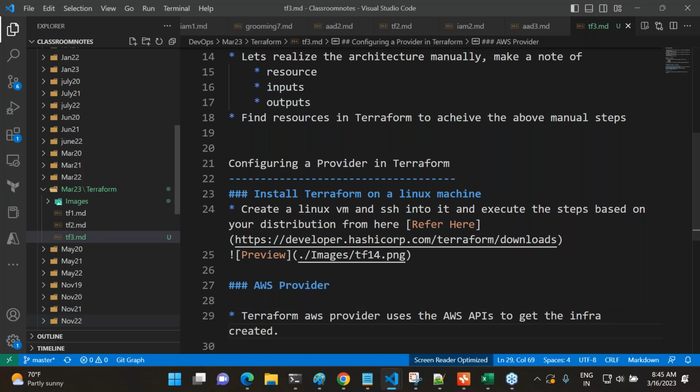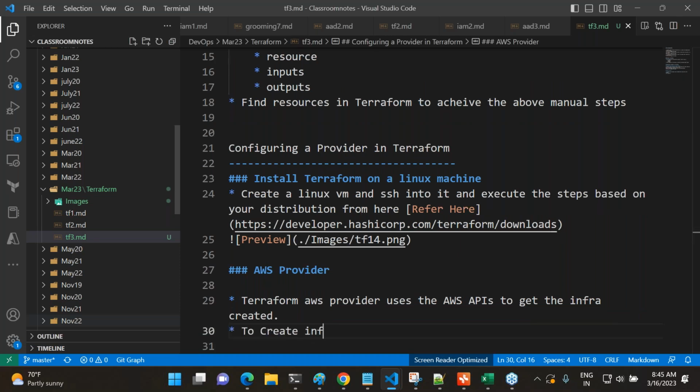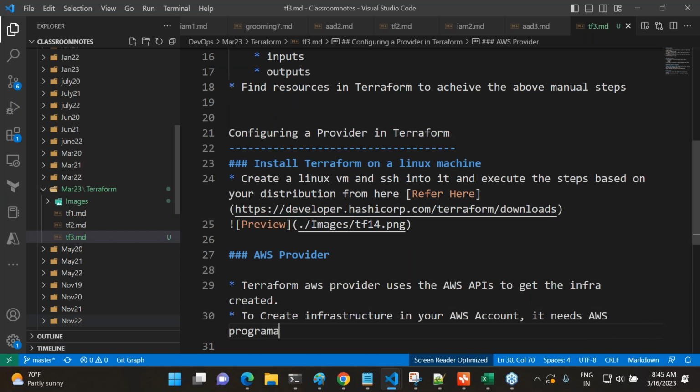To create infrastructure in your AWS account, it needs AWS programmatic